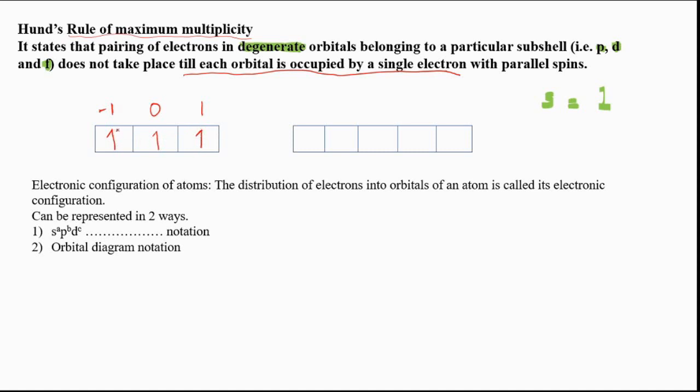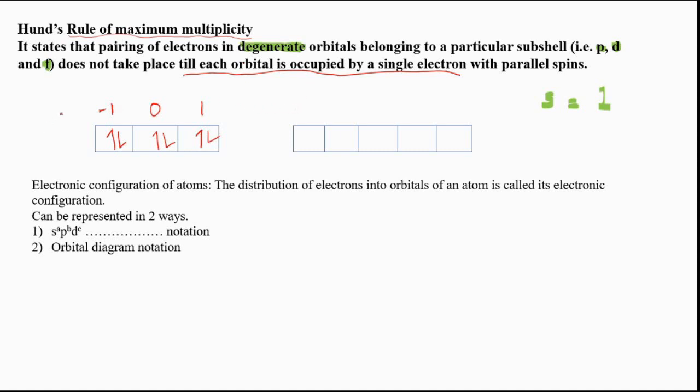So what is a full-filled orbital? When it has two electrons. So two electrons is full-filled and one electron is half-filled. When all the orbitals are half-filled, only then can we start pairing the electrons. So when is the pairing starting? There are three electrons filled in this way, the fourth electron is where the pairing starts, and then the fifth and the sixth also pair.